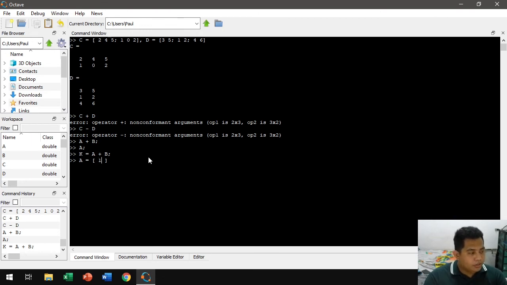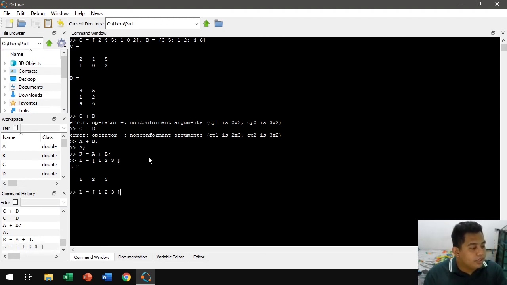So let's say, let's not use A, let's use L. L is the matrix 1, 2, 3. Row vector, rather. Okay? Row vector 1, 2, 3. We forgot the semicolon.